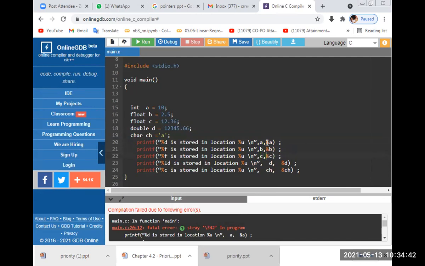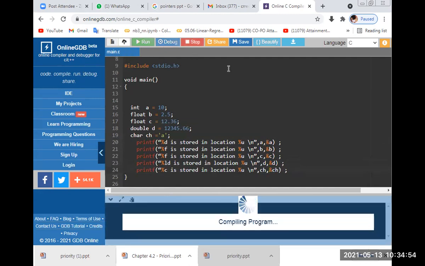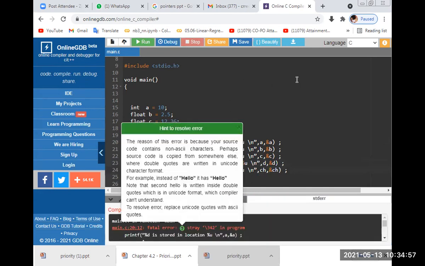Okay, this is the general output, just for seeing the general program. I just want to see the output. What is the different output for this, and the pointers, for the purpose I am running this program.